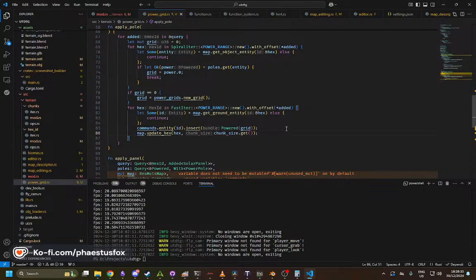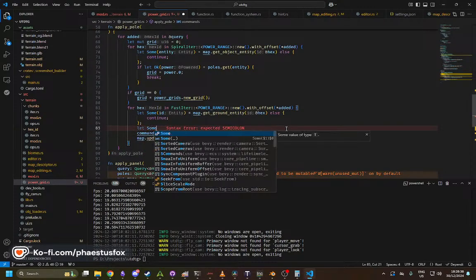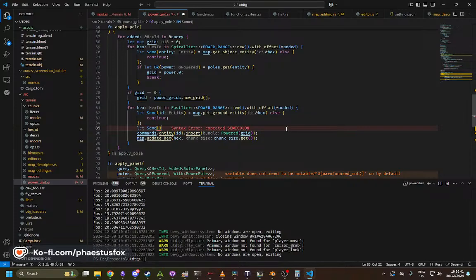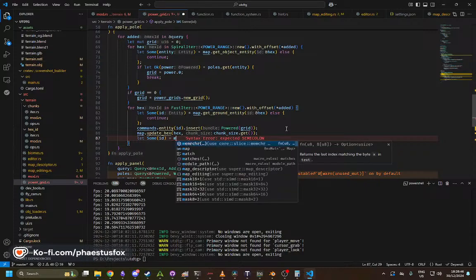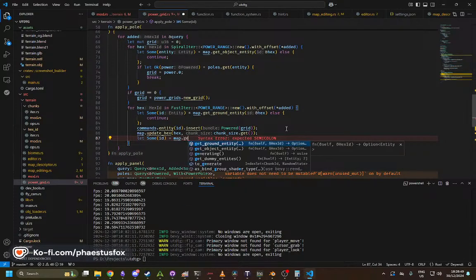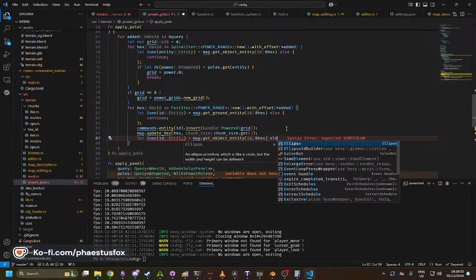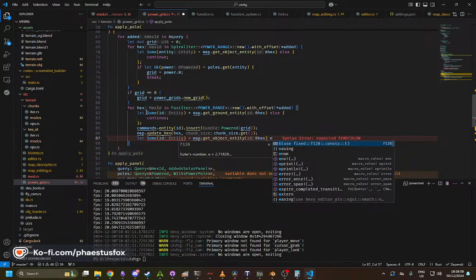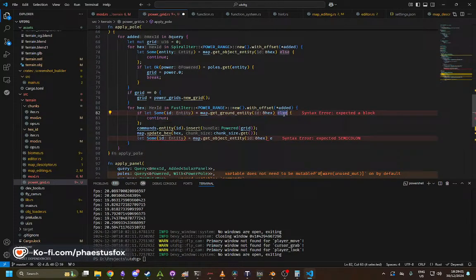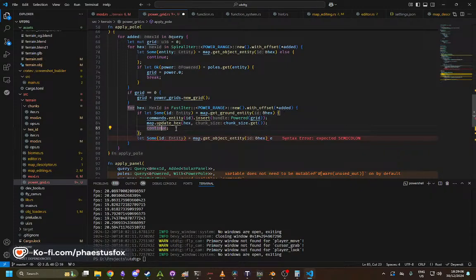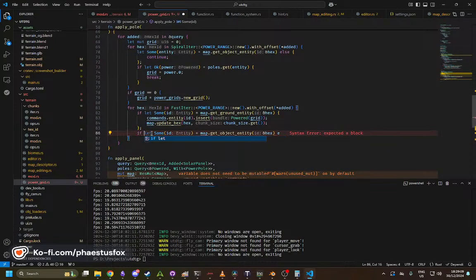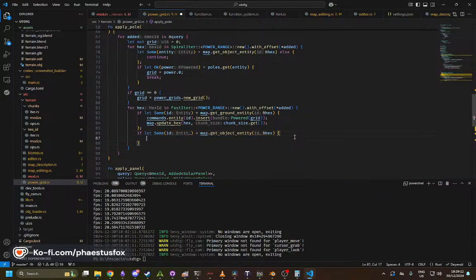I want to say let some. So you do that, and you do that, and then we say id equals map.get object entity hex, right? So there's an object there. Oh, no, okay. We want this if let sum. Don't continue. Do this, but don't continue because we need to do both. Then if let sum. Do this one, and then there's this command if